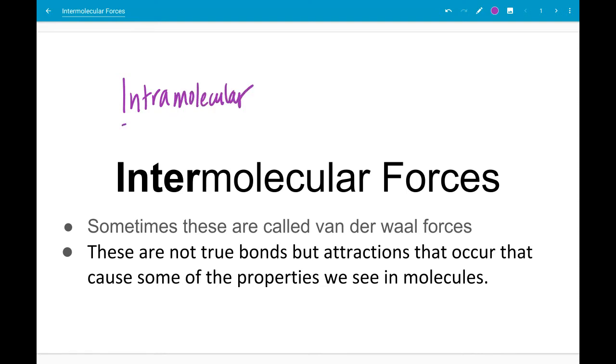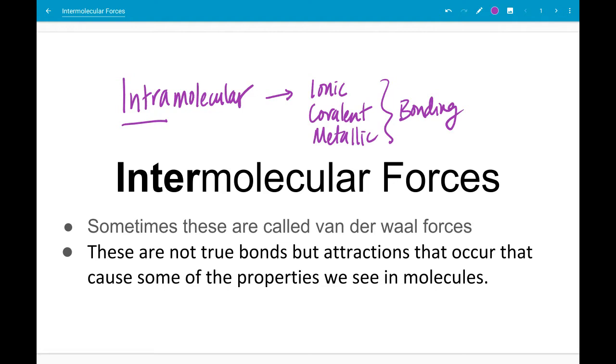forces. So intramolecular forces was your ionic, covalent, and metallic bonding. Okay, and these are all true bonds. Now we're going to talk about intermolecular forces, which is really just a strong attraction depending on the type. Collectively, they're called van der Waals forces, and what intermolecular forces do is help us explain some of the properties